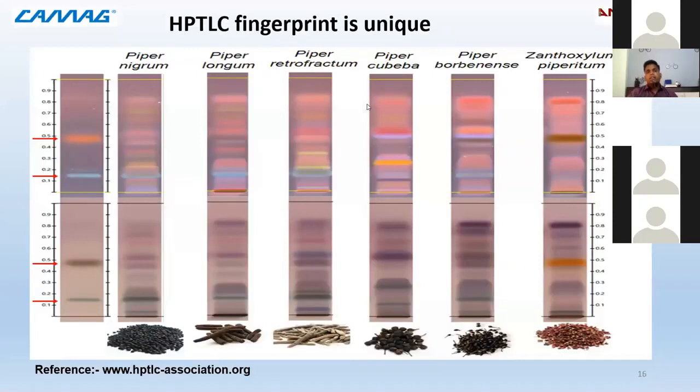So see, this is an example of HPTLC fingerprinting being unique. Here I took different samples: Piper nigrum having this unique identity, then Piper longum, Piper retrofractum, Piper cubeba, Piper borbonense, and Xanthoxylum. Here you can see each one of them has a unique identity. If this is Xanthoxylum spiritum, this band is not in the Piper nigrum or Piper longum, so this is a marker compound present in this. So on this basis, you can